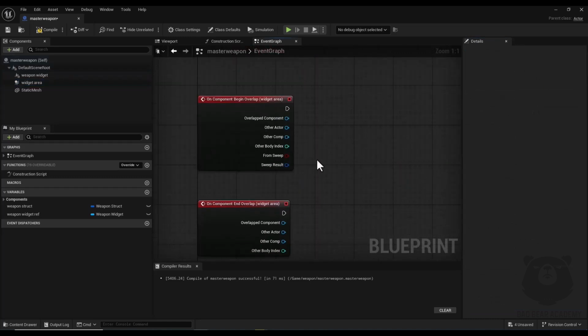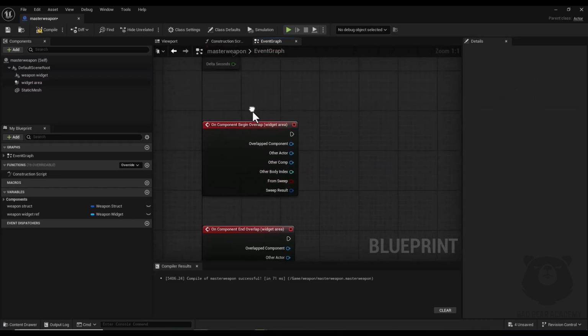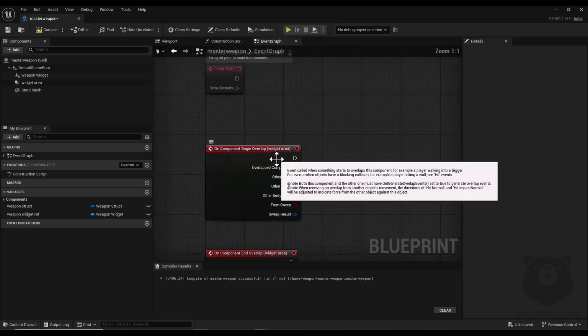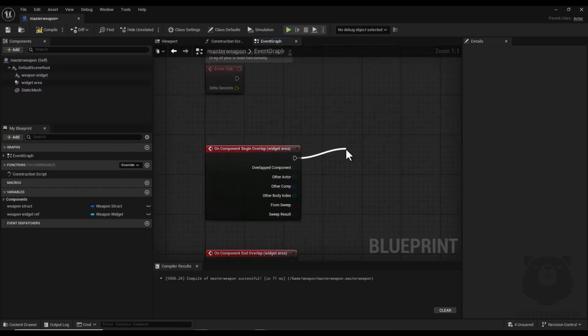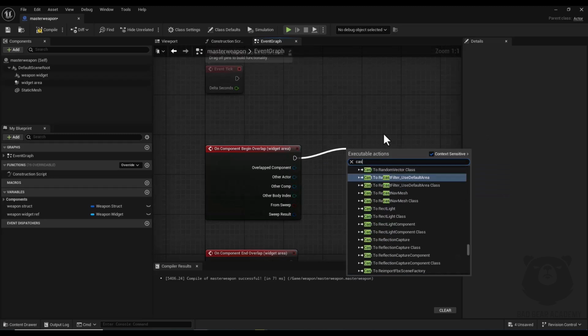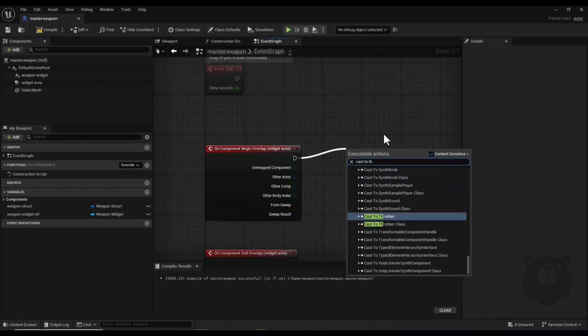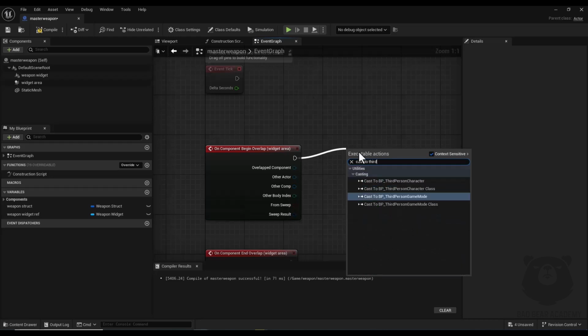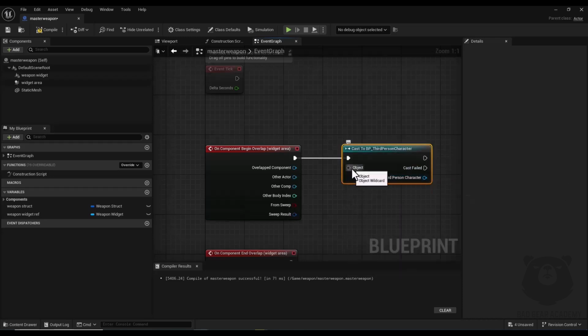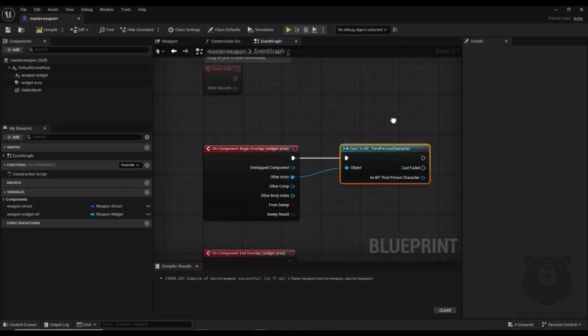Okay, here for on component begin overlap event, I drag a node and cast to my character blueprint, in this case bp underscore third person character. I search cast to third person character, and I connect object to other actor,